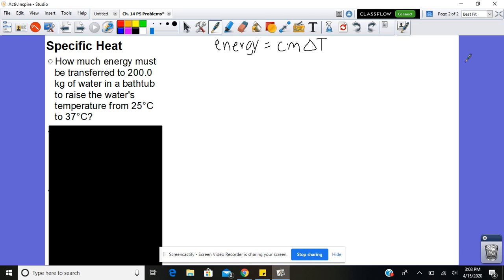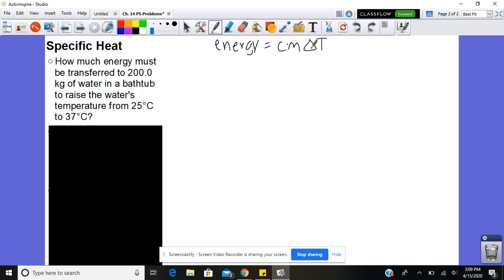Okay, so today we're doing our specific heat problems, and our equation for specific heat is going to be our energy, which we always measure in joules, so that capital J, equals C, which stands for specific heat, and our unit for that is joules divided by kilograms times Kelvin. Then we have M, which is mass, and that always is going to be in kilograms. And then we have delta T, or delta temperature, which is our change in temperature, and that needs to be